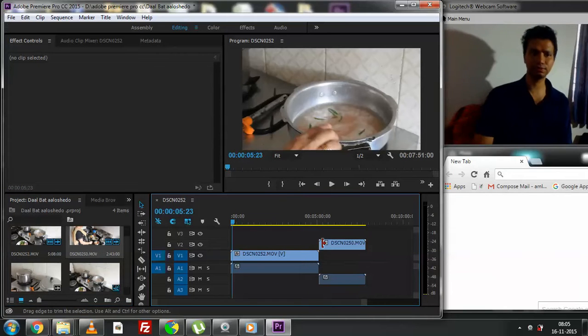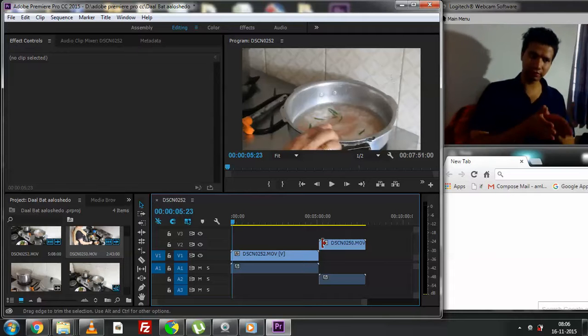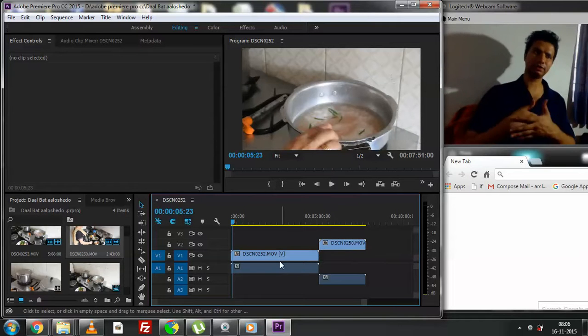Let me do it like this. So now this is the second movie. Hopefully they are in sequence, but what I'm trying to point out is that suppose you have a camera and it doesn't have a pause feature and you have clicked 4 or 5 clips. What you can do is bring all of them like this, and you can later